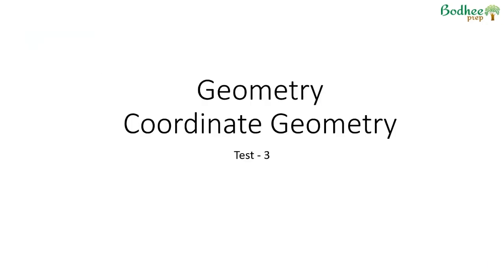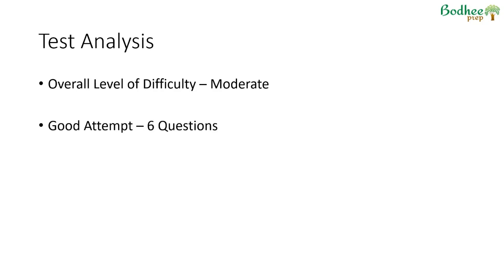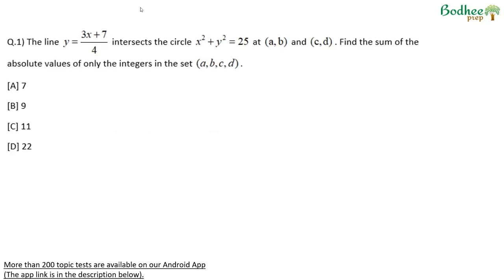This video is on coordinate geometry. This is the third test that we're discussing. The overall test was of moderate difficulty, and 6 questions net correct out of 10 in about 20 to 21 minutes would give you a 95 percentile in an equivalent actual exam. If you look at the questions, the first question says,